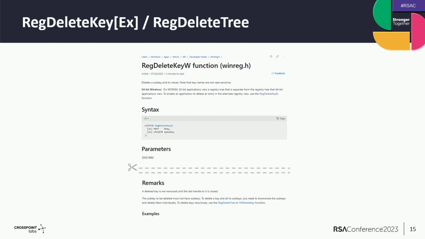And that is evident in the absence of any information in documentation like those APIs, RegDeleteKey or RegDeleteTree, that has anything related to registry symbolic links. Typically, you would see that information under the remarks section, but you'll see here that there is nothing mentioned regarding that or regarding symbolic links in general.